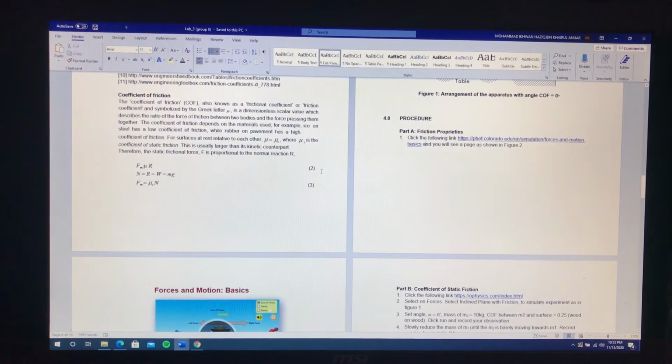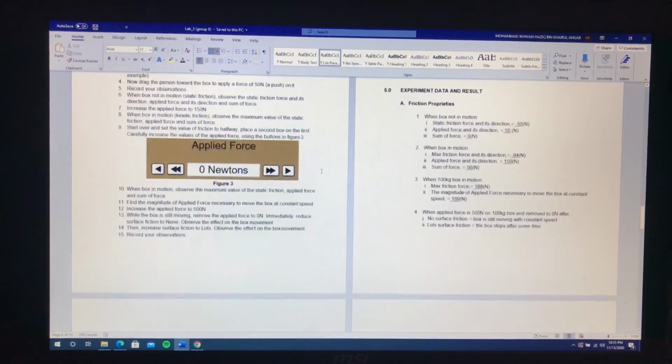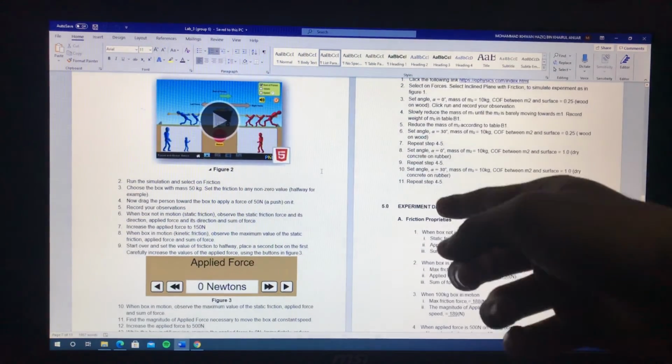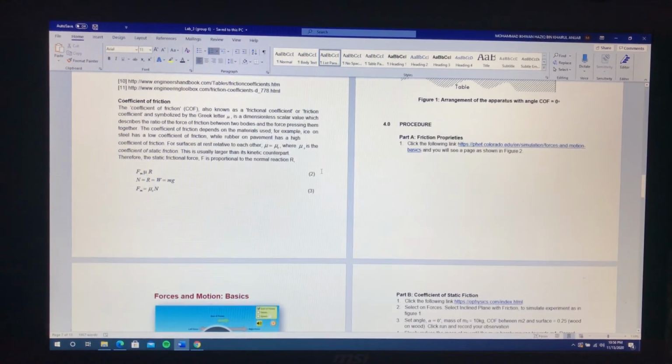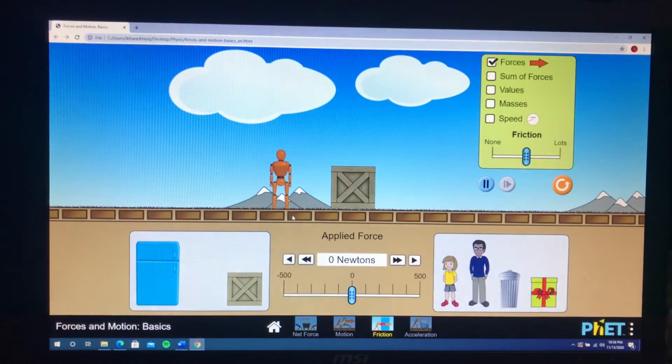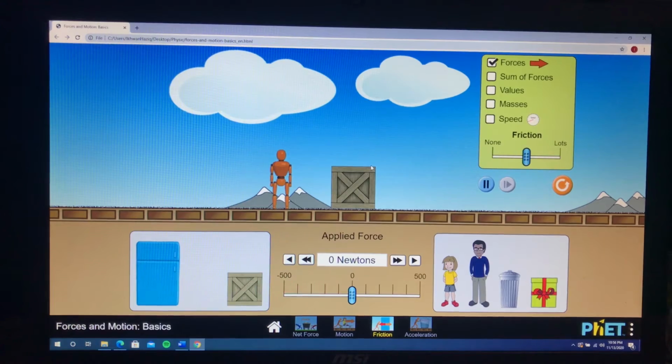So, the procedure for part A, which is friction properties, we read the procedure wisely and carefully until you get the result for part A of the experiment, friction properties. So, click the following link. I already clicked the link and got the virtual friction. So what we have to do is